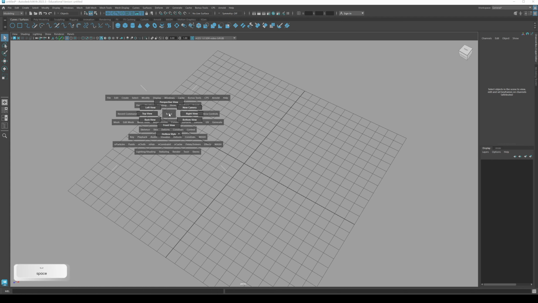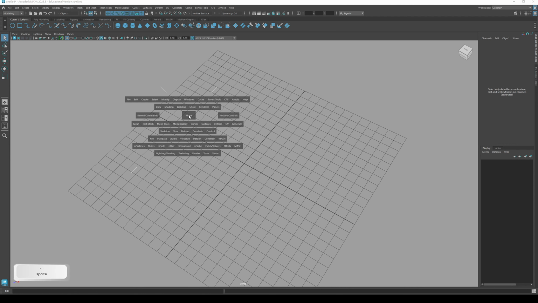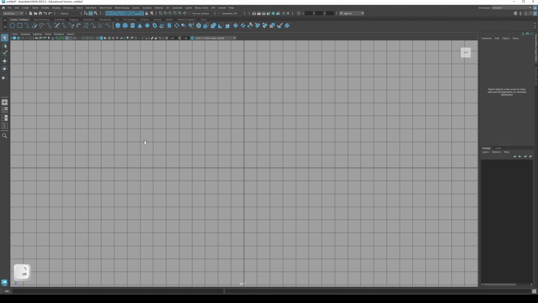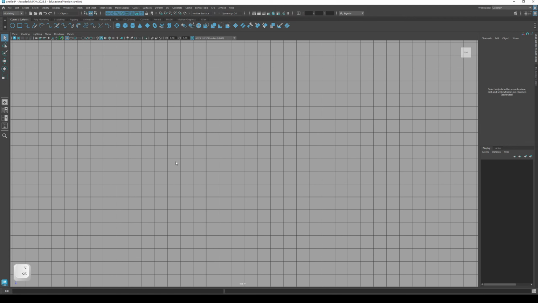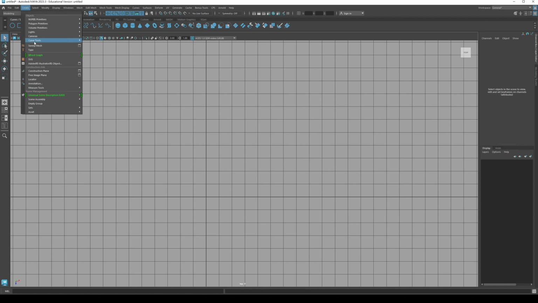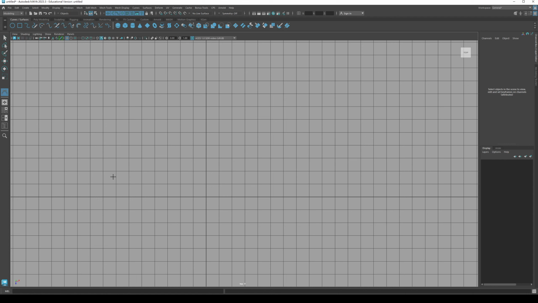There are two types of curves. One is called edit point curves, and another one is called control vertex curves. Okay, and let's go to top view. I'm going to create a curve from the top view. Let's start with the CV curve first. Click this tool, then left mouse click on the screen to place one point, then place another one here,